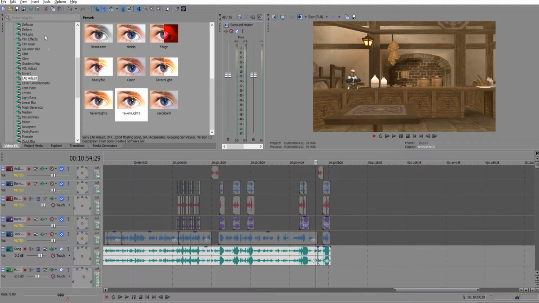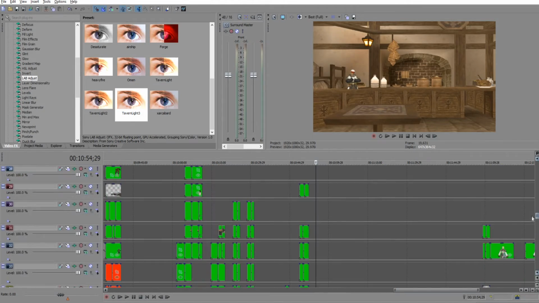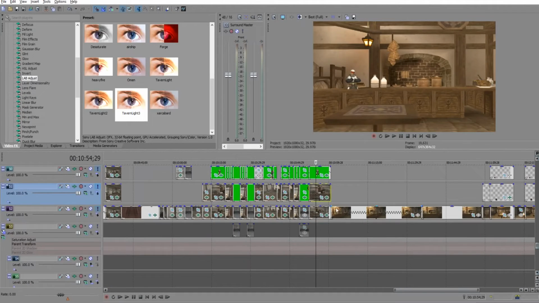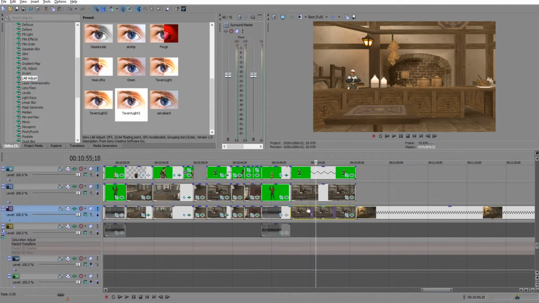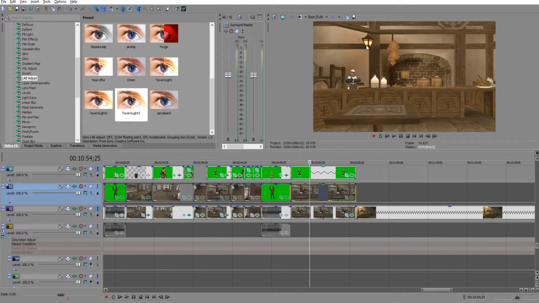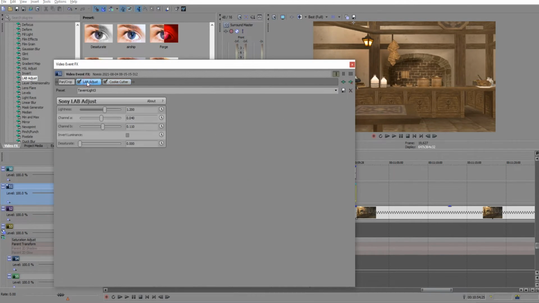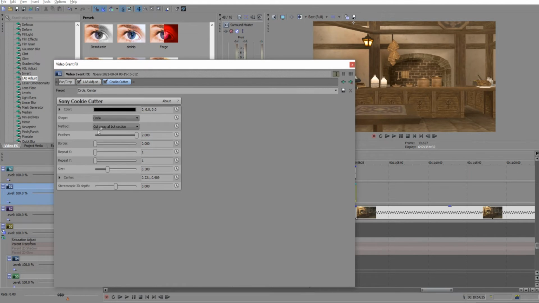Several scenes had their lighting adjusted using the LAB effect, and this can be applied to a clip or track. In the tavern scene, which has several lanterns, I have used a lighter contrast around the lantern areas. This is done by adding a background over the original with an adjusted light and then using a cookie cutter targeted around the lantern. We then increase the feather outline on the cookie cutter so this blends smoothly into the original background.